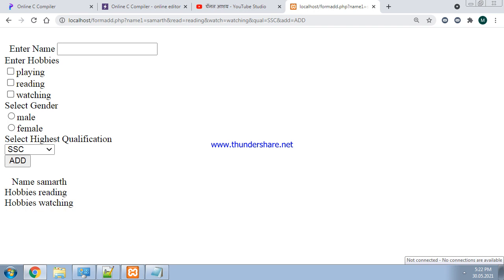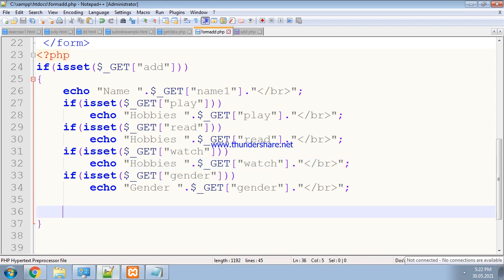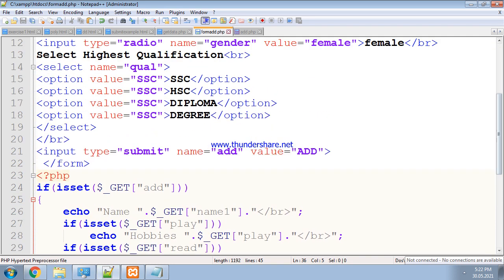Now what will happen, the program has these parameters, we are using the get method, the parameters are included in the method. Here name, suppose Samartha. Taking hobbies, only playing, reading, we take only one value, gender male. Okay, now add. Here name Samartha, we have taken only one hobby, playing, and gender is male. Now only the next part remains, that is the list.